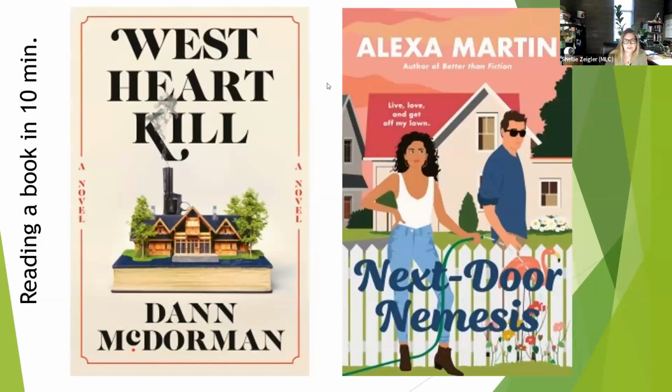Okay, this one is good. So West Heart Kill. I feel like this is a very unconventional book, like maybe has unconventional format, because there is a gun here where there might be a chimney. And it's placed in a kind of cool way. It kind of looks like a modern mystery, and it's placed on top of a book. So maybe it's a book within a book. I don't know. Maybe it's just a different narrative. I just think it's going to be very unconventional. Okay,